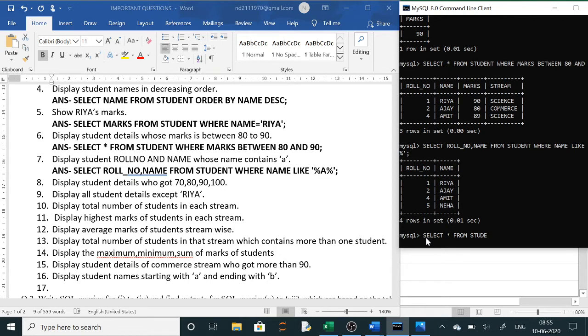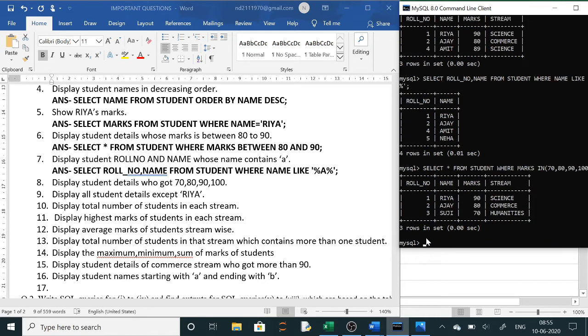Now next is where clause. So where, what you have to write here, marks in. With the in clause you can check here, marks is how much, 70, 80, 90, 100. So those who have got these marks, see. Now those who have got 70, 80, 90, nobody got 100 here.